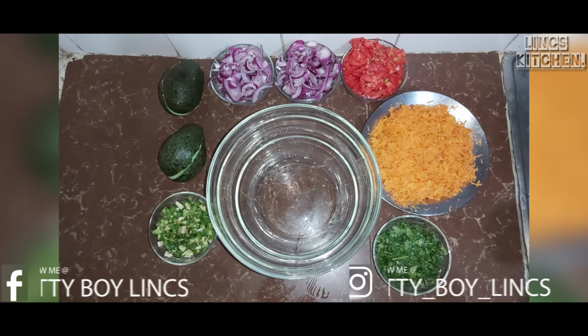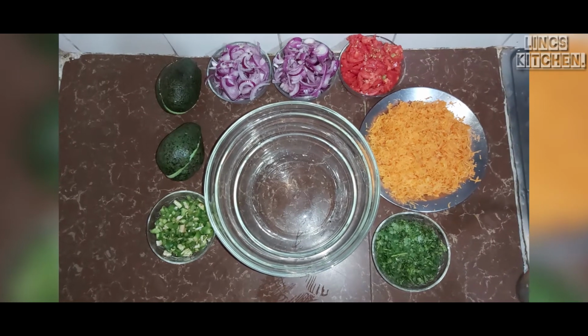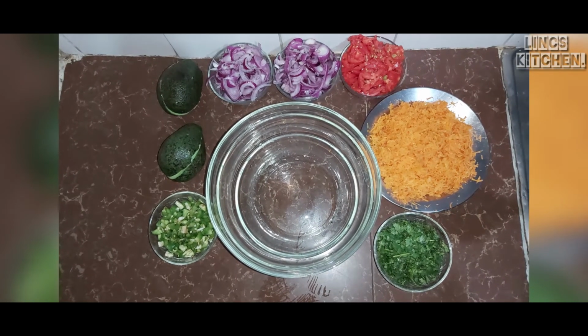I've just left the pilau a bit, and as you can see, I've just moved to the other side of the kitchen where I'm going to show you how I do prepare my salad. And I'm going to start with